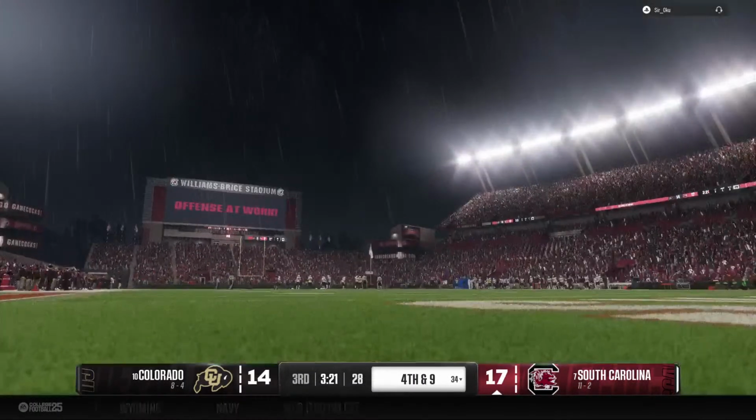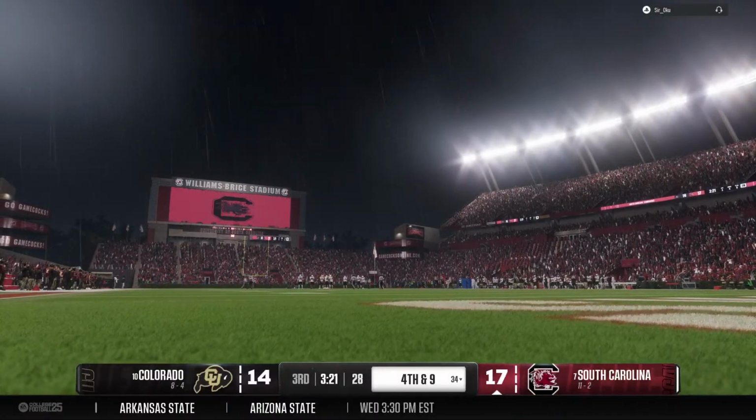A good job of dialing things up and good coverage downfield. He didn't have anywhere to go with the ball.